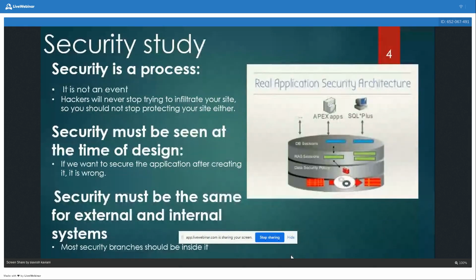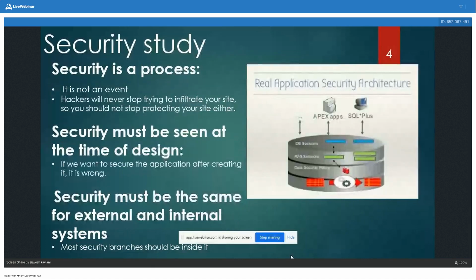For example, if you install excellent security features for your application, you don't go to sleep. You need to watch your applications, the conditions of your users, and your hackers, study the reports, and watch all the issues related to your